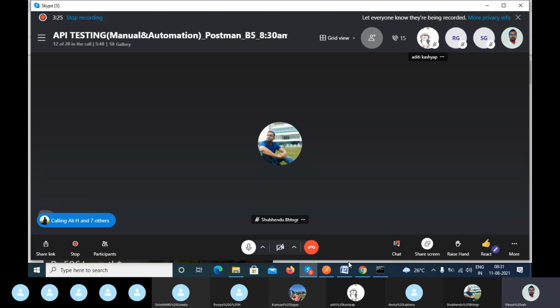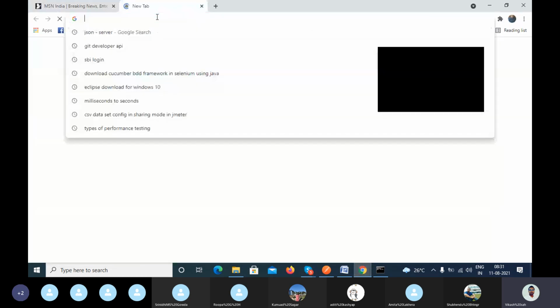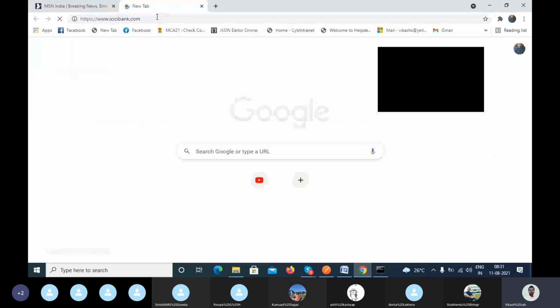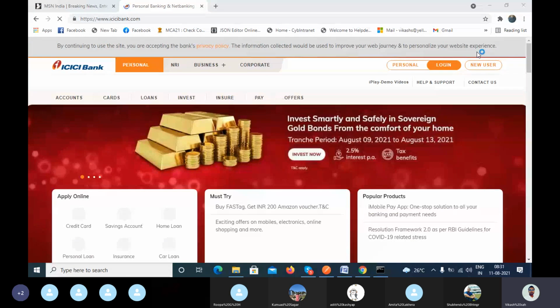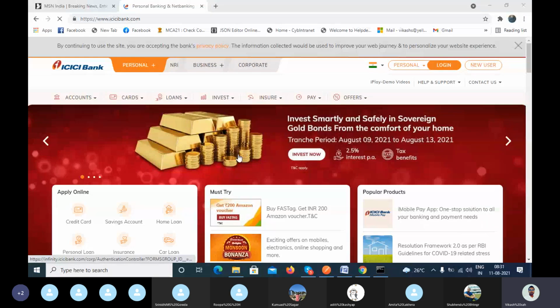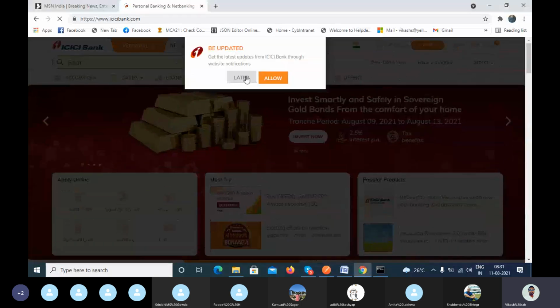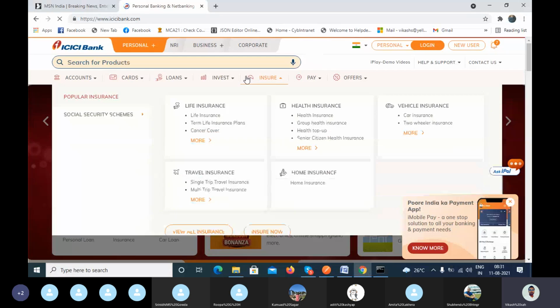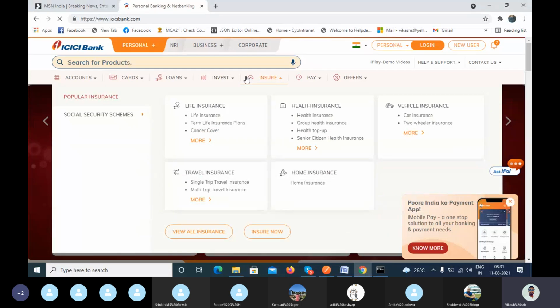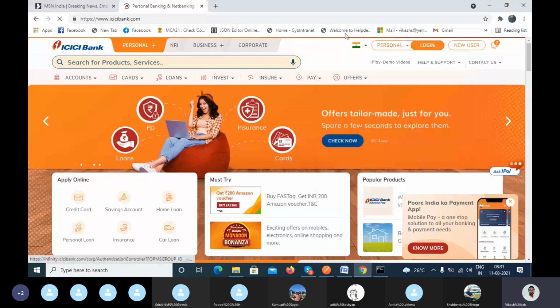Similarly, authentication means to authenticate the user. Let's suppose this is your ICICI bank application.